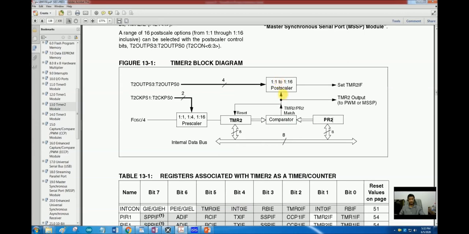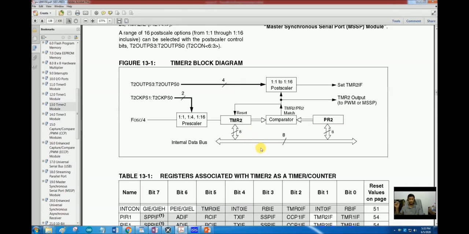For instance, just assume there is no post scaler. Just assume that as soon as these two registers become equal, the timer 2 overflow flag will be raised, and at the same time the TMR2 register will be cleared automatically, not by the processor, not manually. We don't have to do it. The hardware will do it without consuming any instruction cycle, and if we are not consuming any instruction cycle for anything, that will not result in any delay.